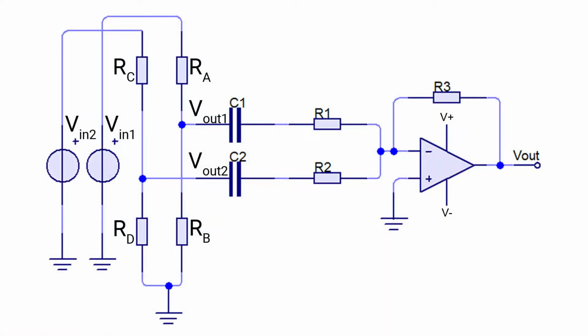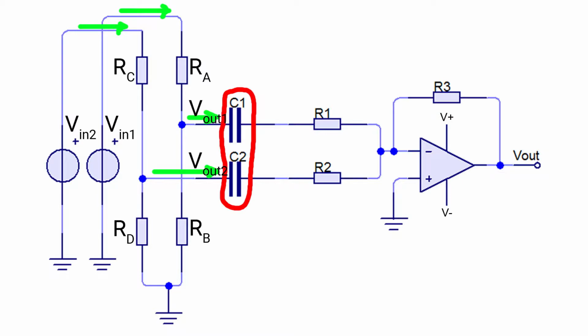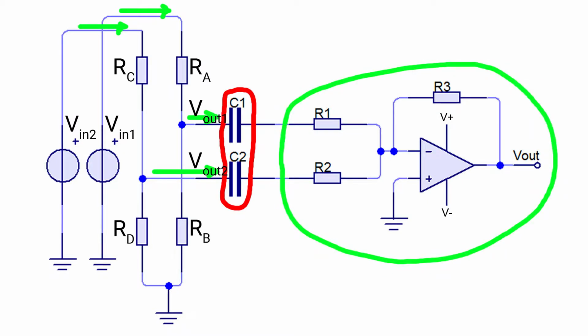Okay, so once again, but using the circuit diagram, the voltage goes into each potential divider. The ratio of voltage output to input is set by the equation you already know from A levels: Vout equals Vin times Rb over Ra plus Rb. The signals go through a filtering capacitor to remove any DC offset, and then into the op-amp circuit, which adds